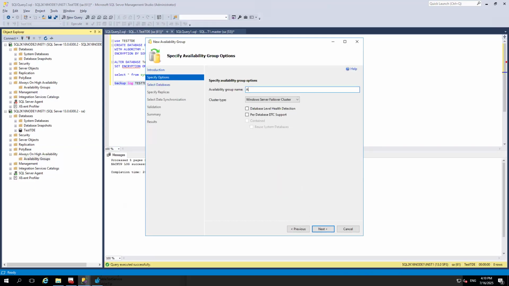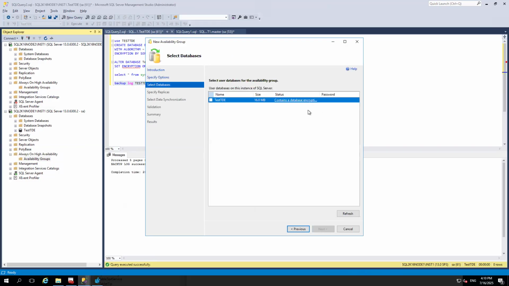I mean to say, it won't allow us to add the database which has TDE to Always On. See, this is what I'm saying. Contains a database encryption key. It is not a password to enter, guys. You can enter this if you have column level encryption, but that is not the case here. This is TDE, so it won't allow you to do it from the GUI. So you have to use